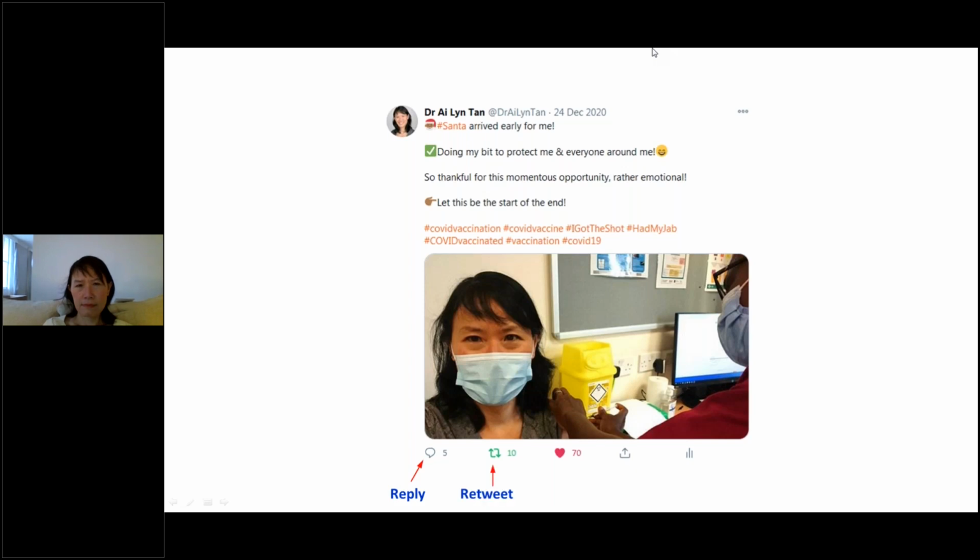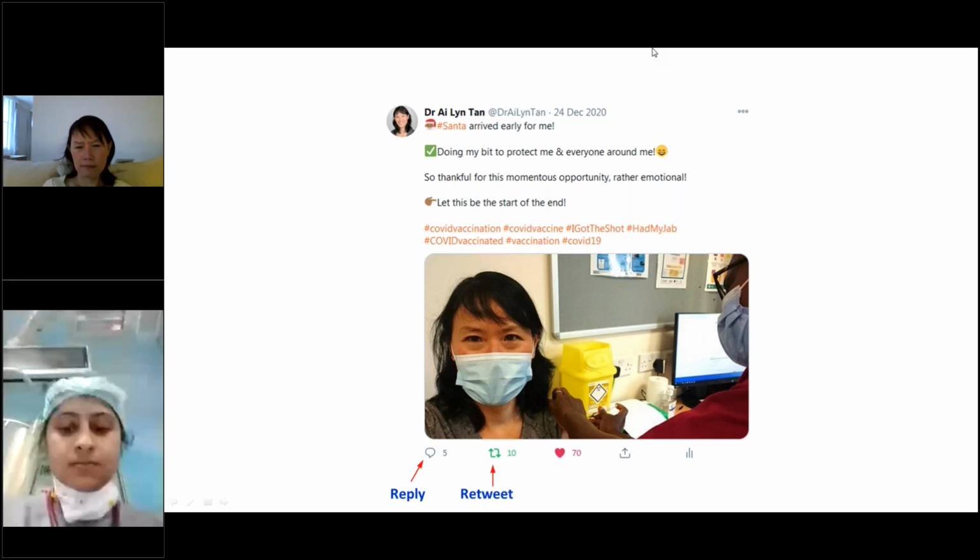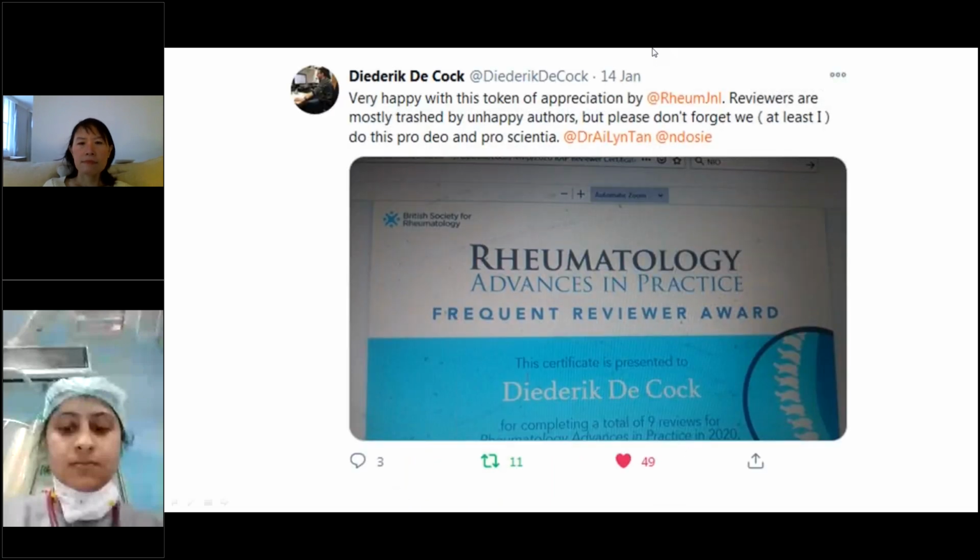Next to it is the retweet symbol. This is when, if you see an interesting tweet from somebody else and you would like it to appear on your timeline and to share it to your followers, you simply retweet it. So here is a tweet I saw that I wanted to retweet so that I can share it with my followers. I click on the retweet button and it will either simply appear identical to what is shown here,